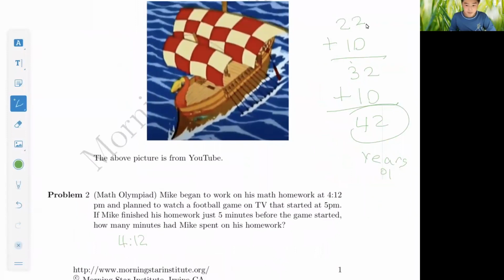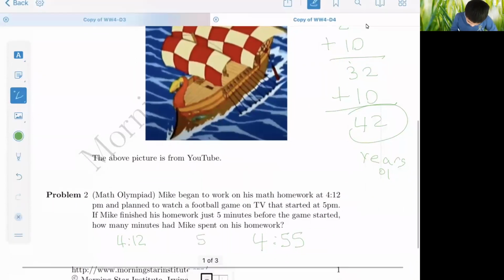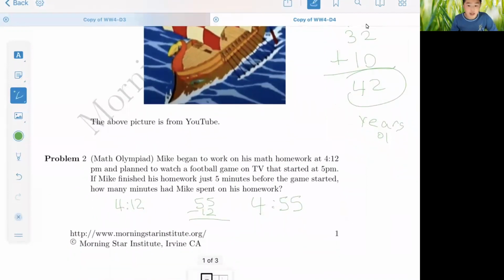And then his football game started at 5 p.m. But Mike finished his homework 5 minutes before the game started. So he finished his homework at 4:55. Now we need to use 55 minus 12 to get the number of minutes that he spent to work on his homework. 5 minus 2 equals 3. 5 minus 1 equals 4. So he spent 43 minutes